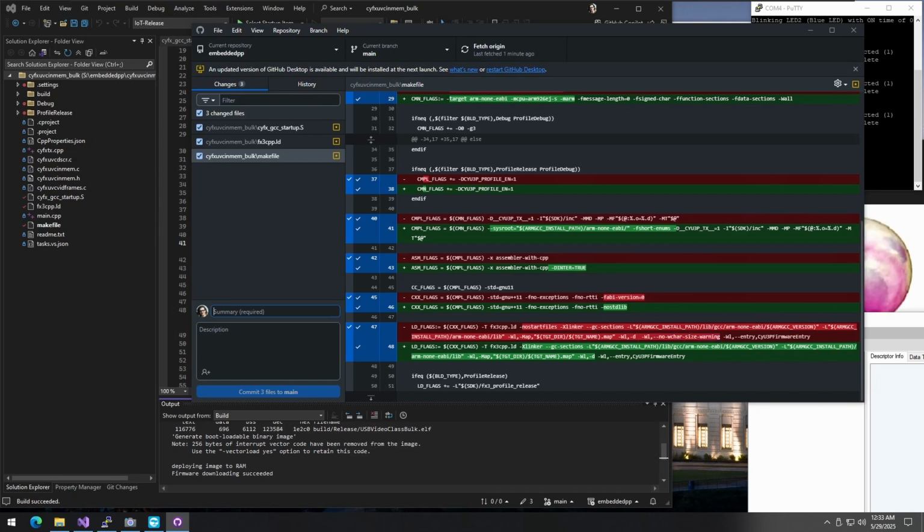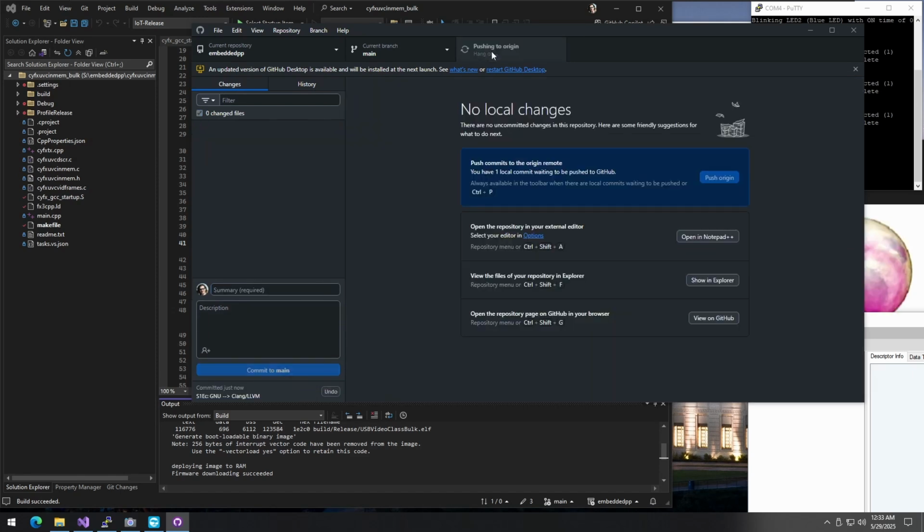Now let's commit. This was season 1 episode C, I believe, GNU to Clang LLVM. Let's just be it's not G++, it's GNU. So GNU to Clang LLVM. Let's commit, push to origin,